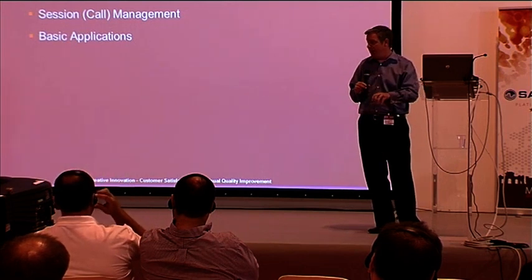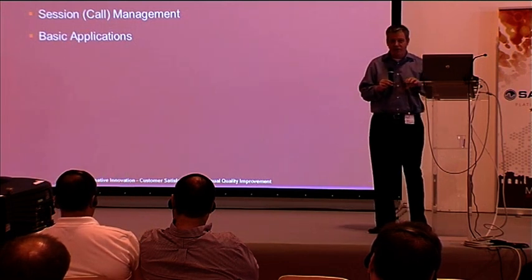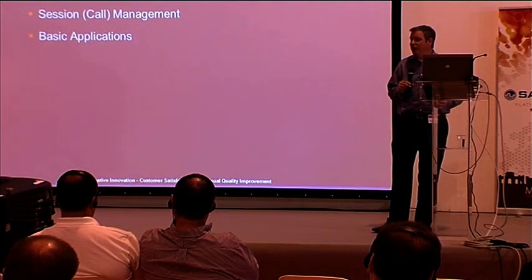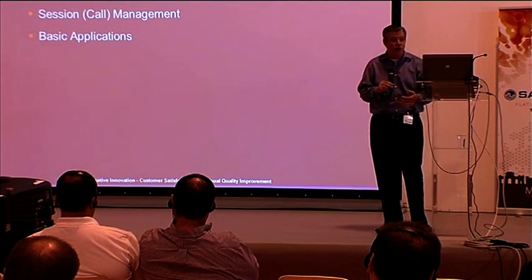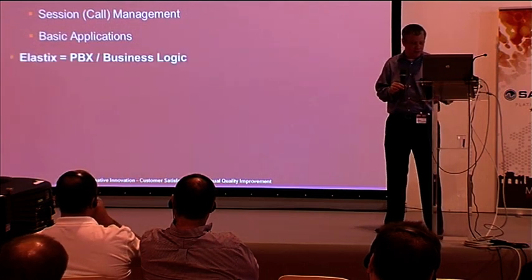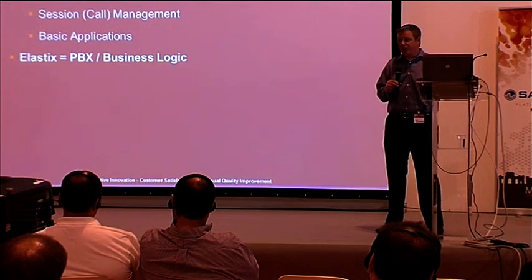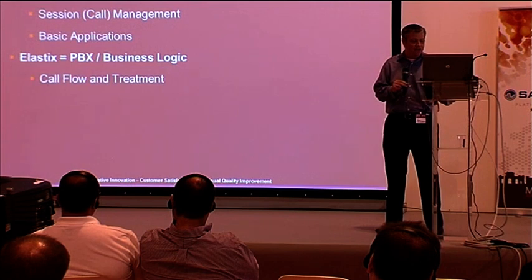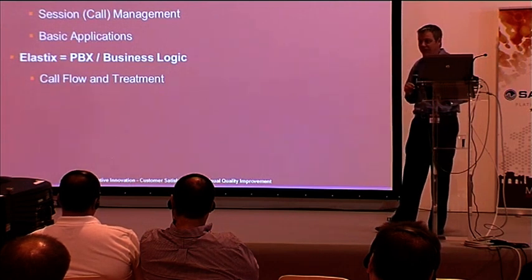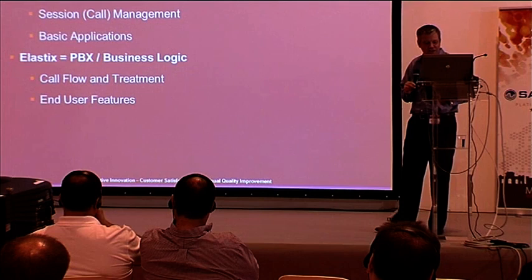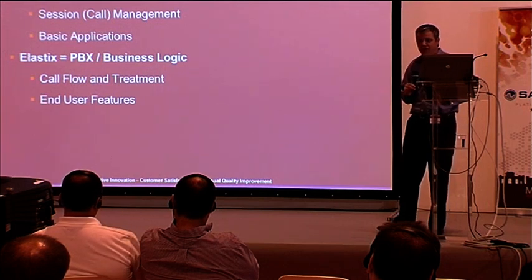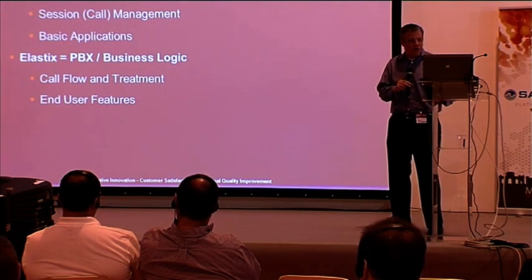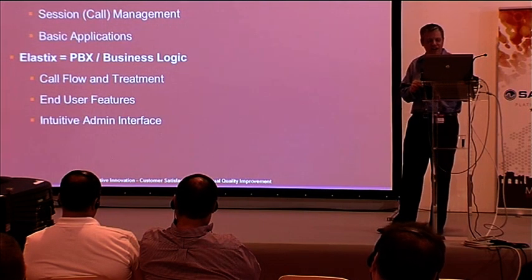They've taken the voicemail package that's part of the stock Asterisk, and they've extended that. They've taken the queuing engine and they've built a wrapper around that from the GUI so that it's very easy to manage. Elastix handles all of the business logic, whereas Asterisk is handling the technology components. So call flow and call treatment live within the purview of Elastix. End user features, the almost enormous list of modules that add on to it, are all things that are built at the business logic level.